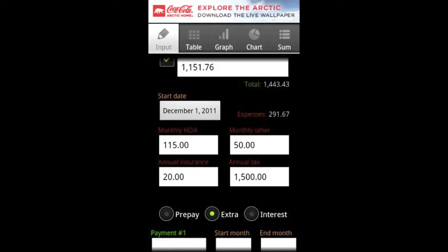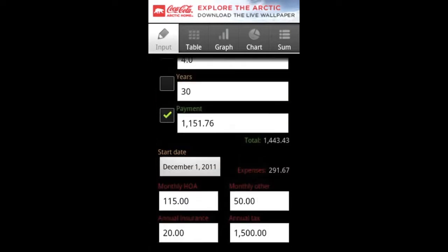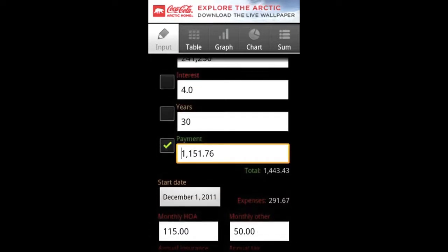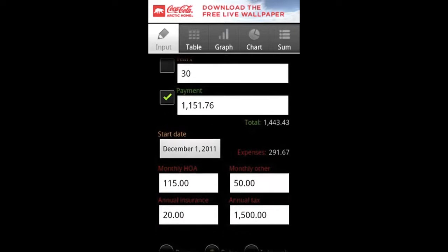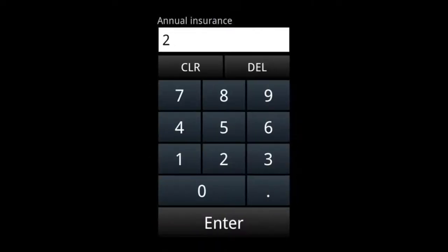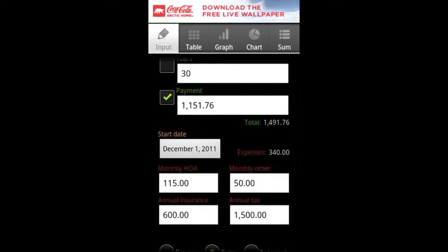And then what's really cool is you have the payment right here in green, but then it gives you your total after your monthly HOA and the annual insurance, which is probably more than 20 bucks. Again, I'm just totally guessing on this. You would just have to do some research and find the actual figures. But then it tells you, okay,